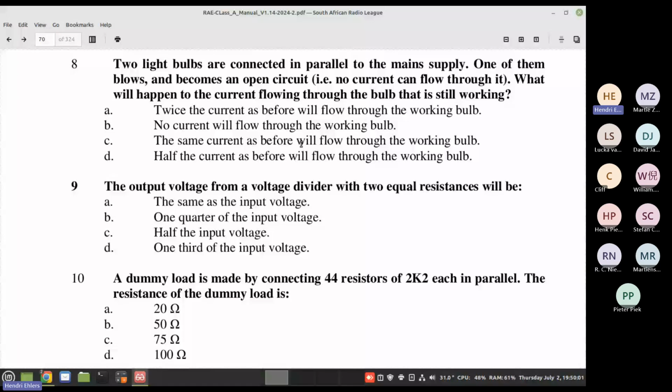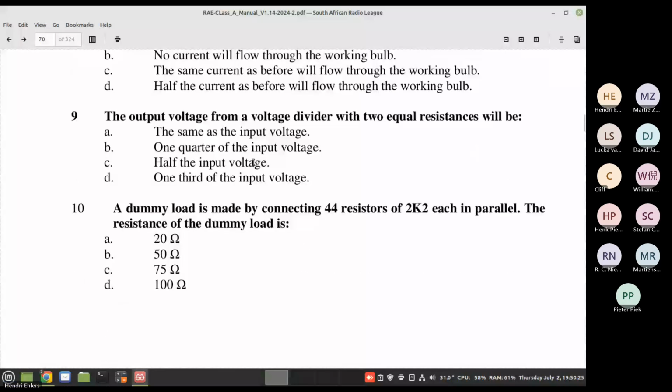Sure. If you also assign values to the circuit, then when we get to the power section, you can do the calculation, and you'll see that the total current drops, but the current through that particular light bulb stays exactly the same.